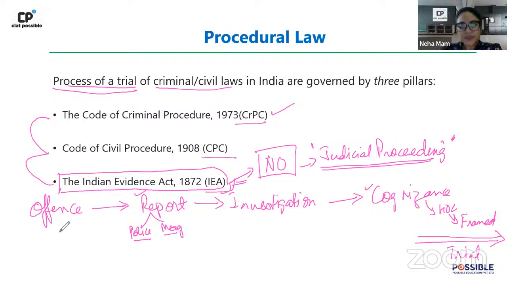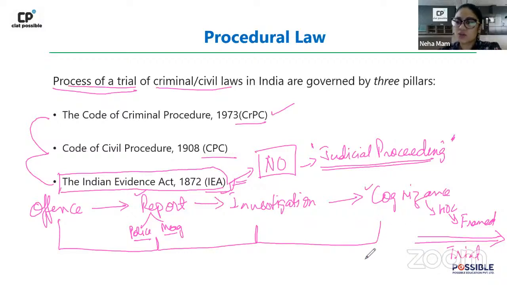proceeding, right? Here जब आप offense की बात कर रहे हो, रिपोर्टिंग की बात कर रहे हो, इन्वेस्टिगेशन एंड कॉग्निजेंस की, till now basically what is happening is merely a sort of administrative process, right? It's kind of administrative in nature. And also अगर आपको लग रहा है कि नहीं, but इसमें तो एविडेंस कलेक्ट हो रहा है, रिपोर्ट जब इन्वेस्टिगेशन कर रही है तो पुलिस तो एविडेंस कलेक्ट कर रही है, यू आर राइट, you are collecting evidence,